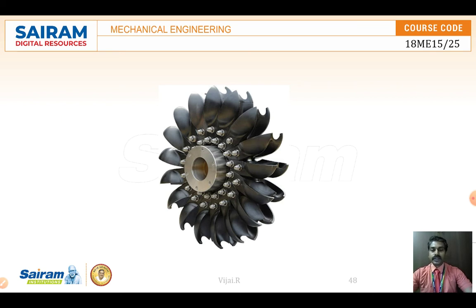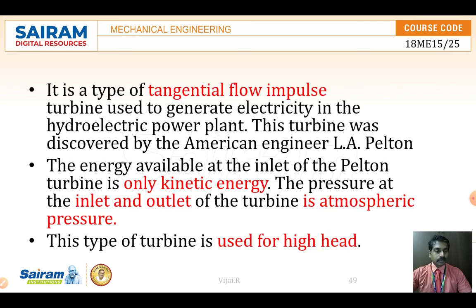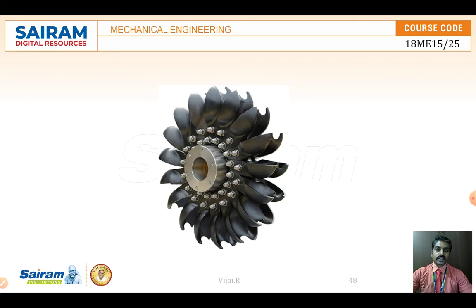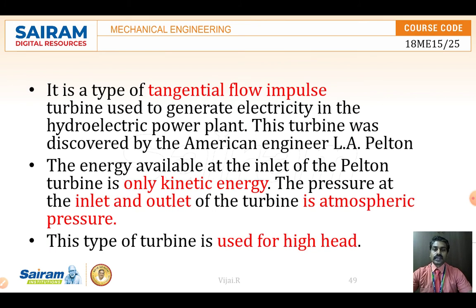So now let me check its functioning fully and what the parts are in this. It is a tangential flow impulse turbine. As we said in the beginning, in tangential flow the water hits on the circumference of the wheel. The water is hitting as a tangent to the circumference of the circle. And it is an impulse flow, where it directly hits on this and generates the